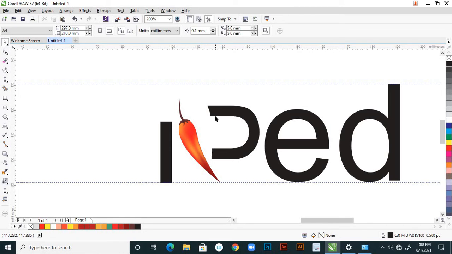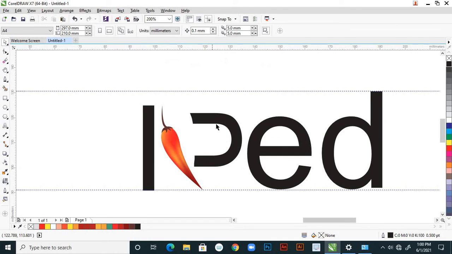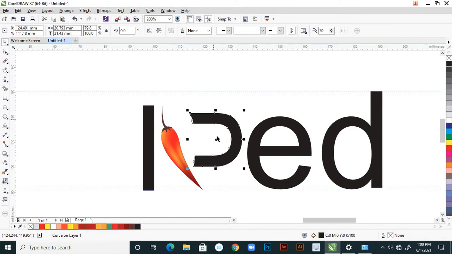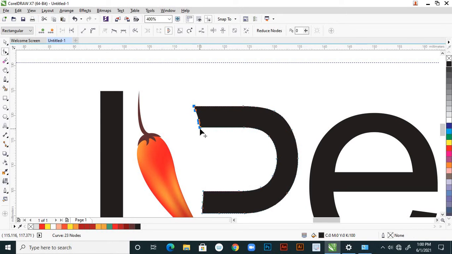Now this you can increase this height up to here, and this you can move a bit closer, and here these points, select these points by shape tool, and I'm using left arrow on keyboard,